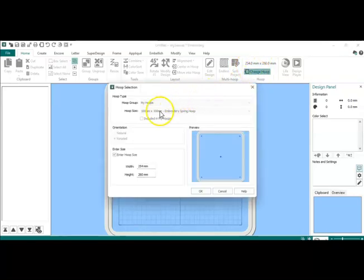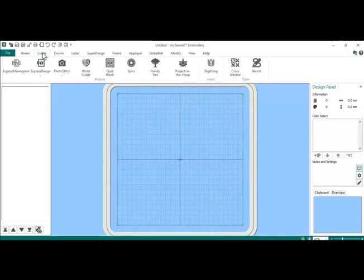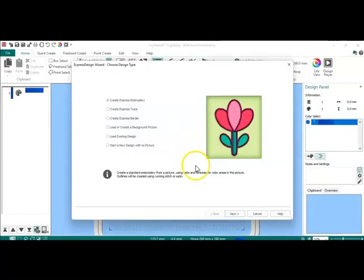But for this project, we are going to do 260. So, we are going to go into Create, and we are going to go into the digitizing module. Everything is right here, nice and handy dandy. You don't have to find things down here below. And the nice thing about this program is when you go into digitizing, you create your project, and when it's created, you just X out here and you go right back into the embroidery mode, and you don't have to export it out and then reinsert it and all that happy stuff,